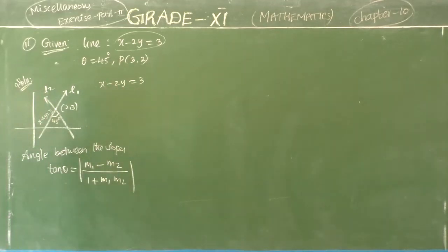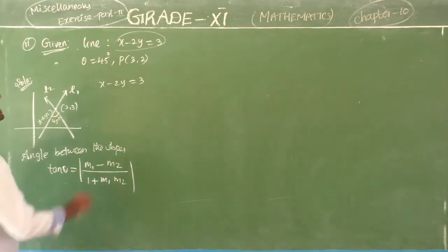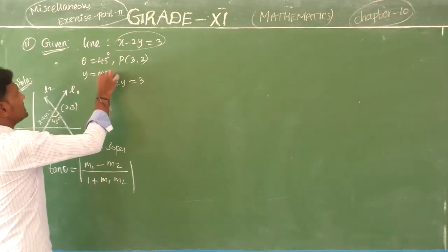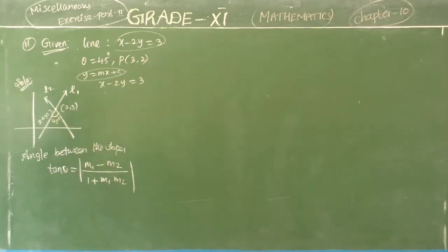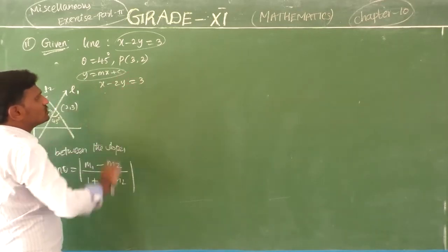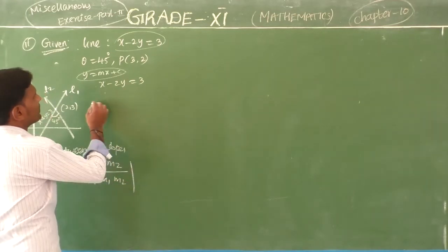Do you know the general form of a straight line? y equal to mx plus c. So I am going to convert it into this format: take minus 2y, move it to that side, and it becomes...